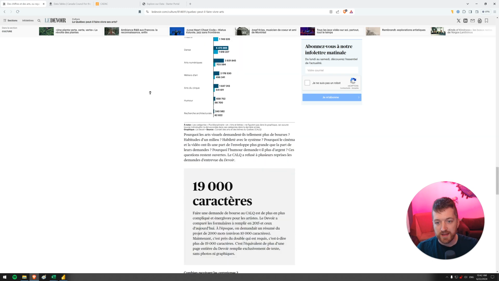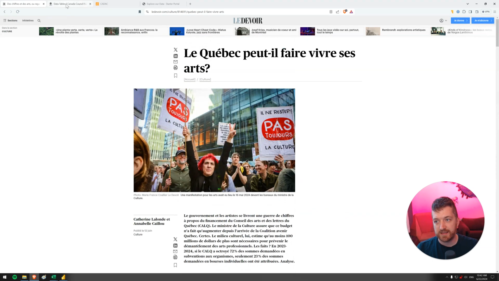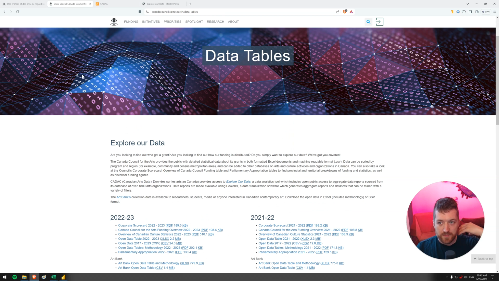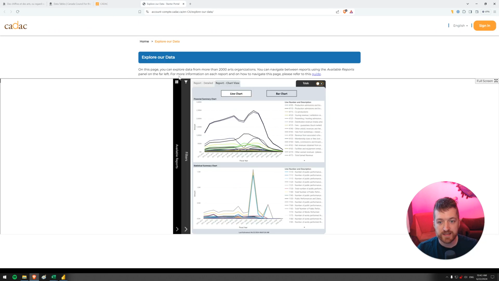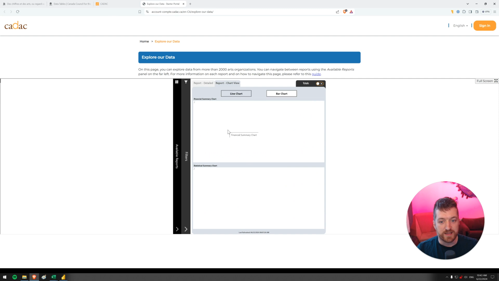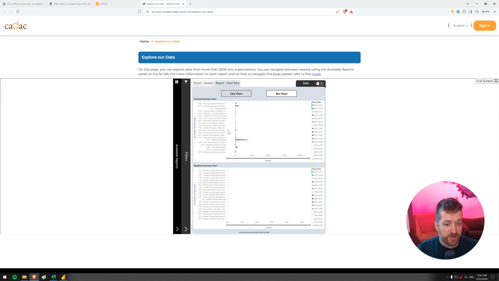All right, so let's look at the context. Canada Arts Council gives us access to their data as open data, and it's generally great. But as I said, most artists, most art nerds are not good at data analysis. There is an organization called Canada Arts Data, which has created some Power BI templates already, or Power BI reports, I should say. And when you click on it, it goes to these reports, which, spoiler alert, it's not really